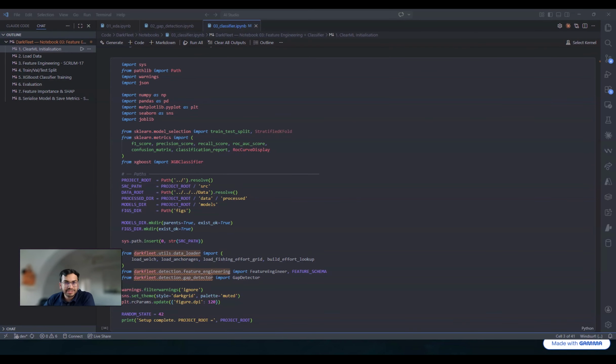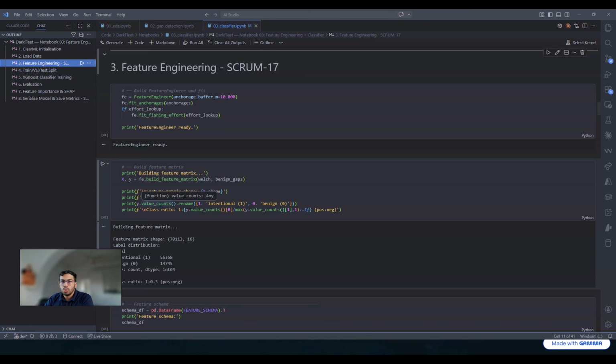The feature engineering step takes raw gap events and builds a 16 feature vector for each one. We end up with 70,113 samples, about 55,000 positives from our dataset, and about 14,800 negatives from the benign gap output. The 16 features span 4 dimensions: the gap characteristics, duration and long duration,